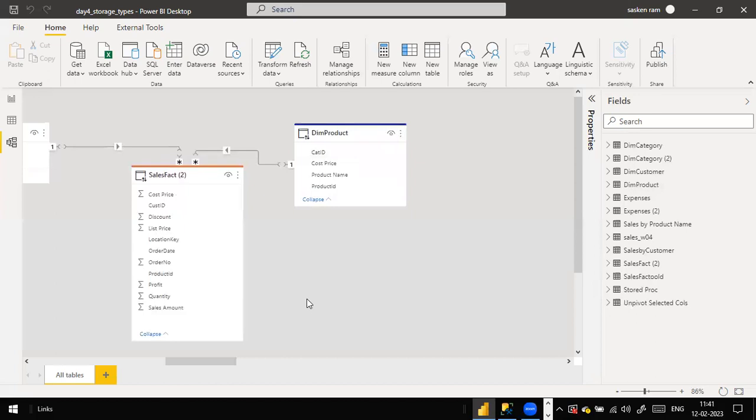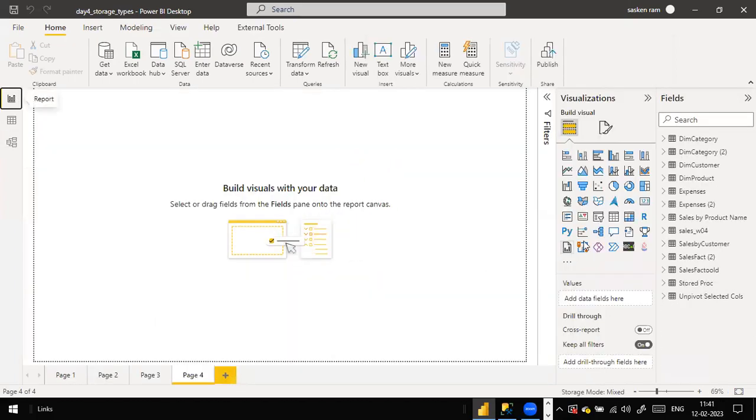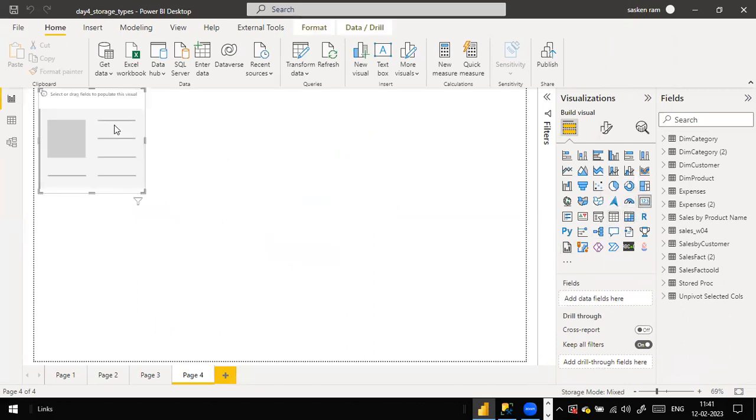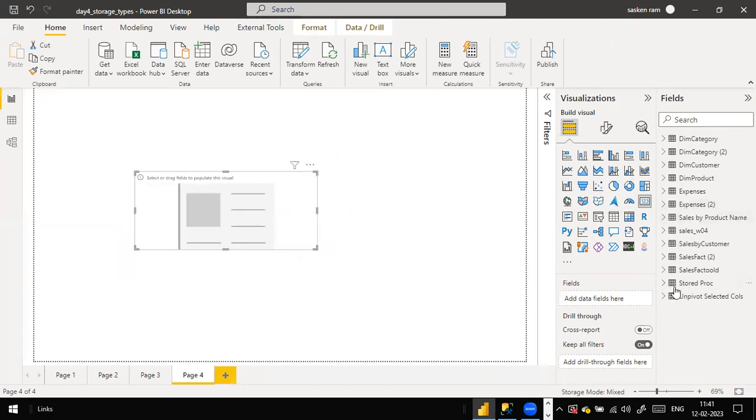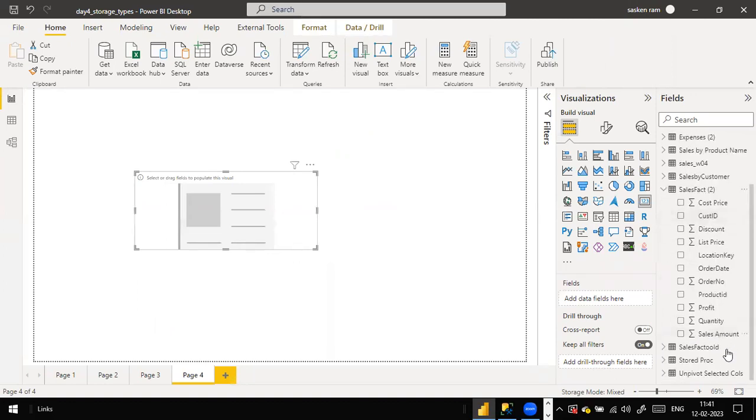As we discussed yesterday, you can use the direct query mode if the volume of the data is very huge. In that case, for example, if you create a visual, say this is a card visual, you can use a single value here. If I put the sales amount or something like that,